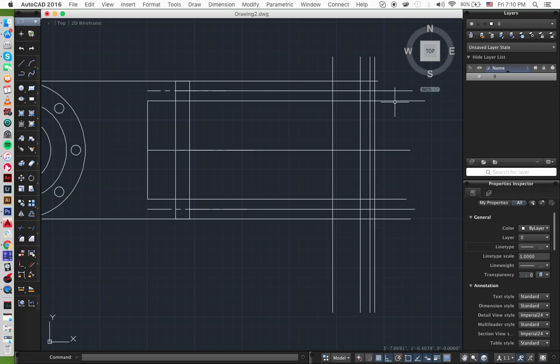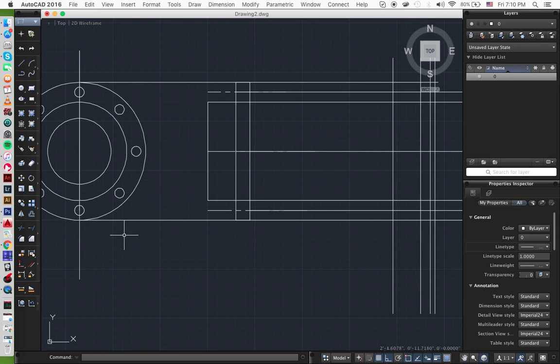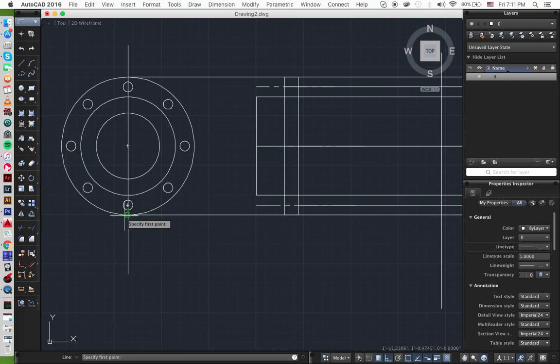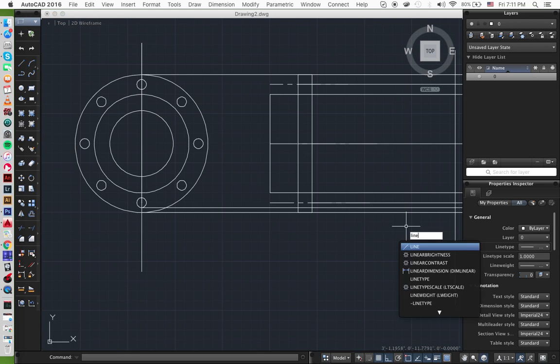I think for this one we're gonna need the edges of the circles as well. So go back to your circles here, and you see where the center line intersects the edges. You take that and you send it down to your section diagram. If you have object snap on,